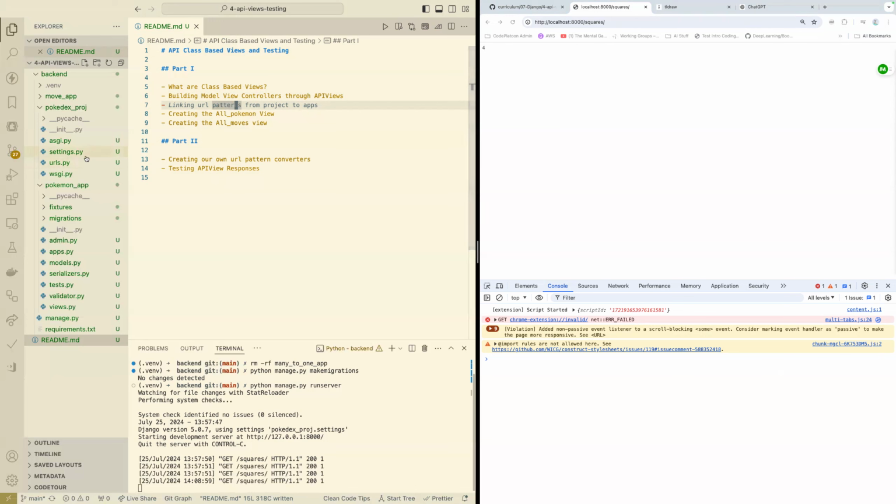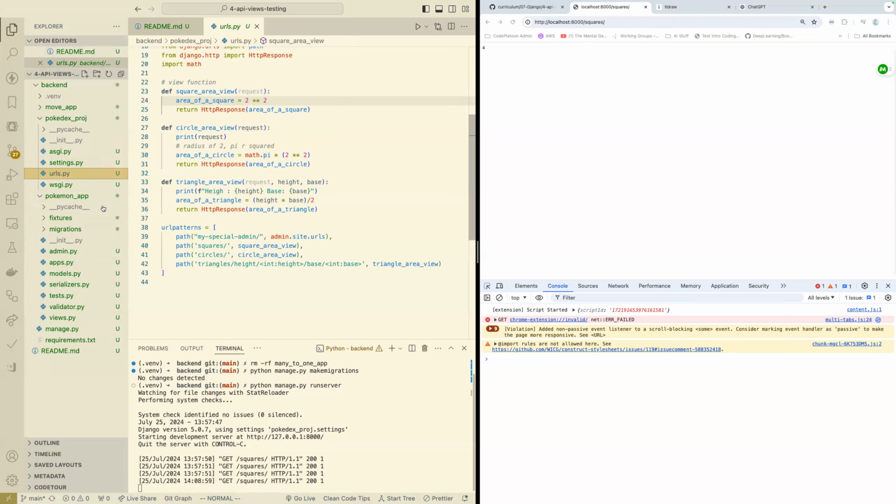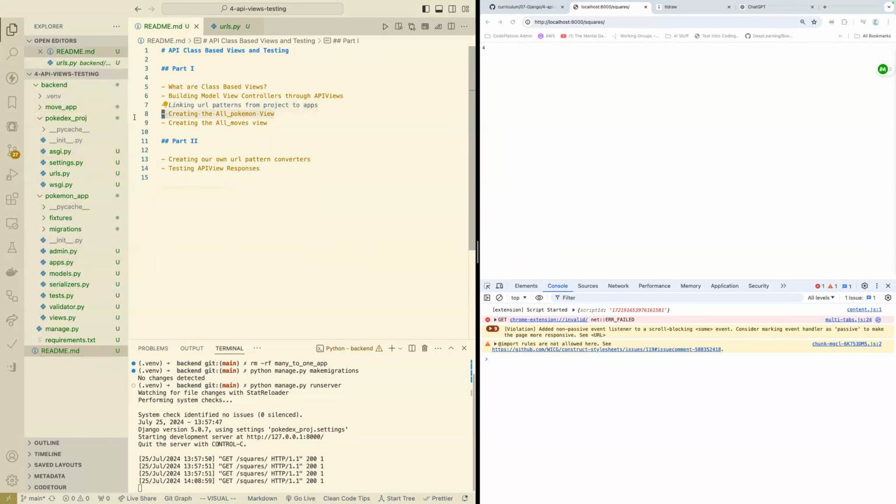URL patterns from not just the urls.py here in the project, but also we'll add it in the app so that each of our apps can have its own routing, right? Because we learned about front-end routing with React. This is routing for our backend. This is creating the different endpoints that our front-end application can hit. We're gonna create an API view to get all of our Pokemon and send it back to the browser. And we're gonna do it for an individual Pokemon as well. And we're gonna do an API view to get all of the different Pokemon moves and send that back to